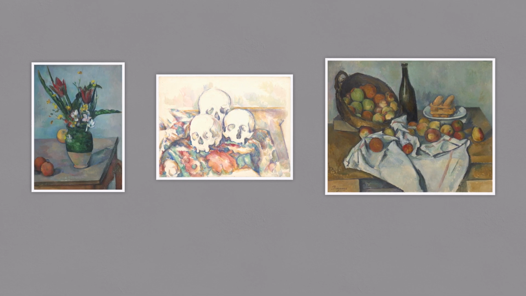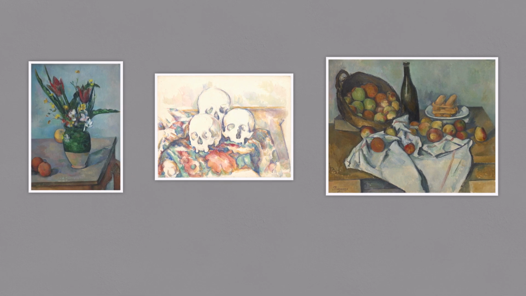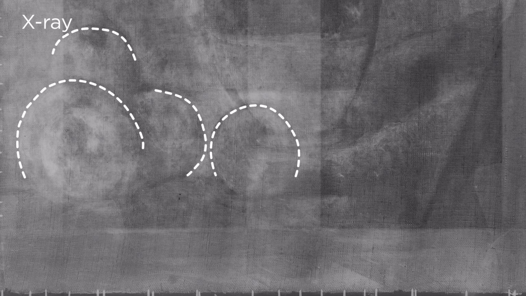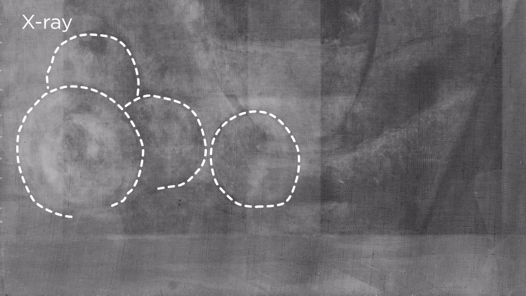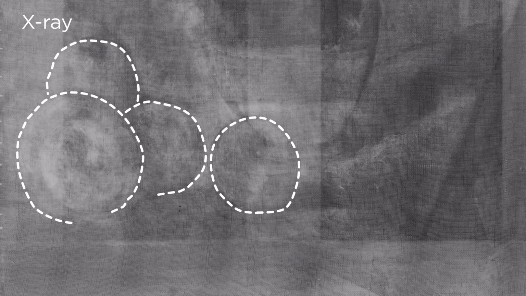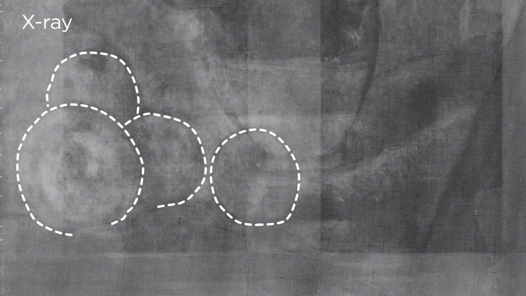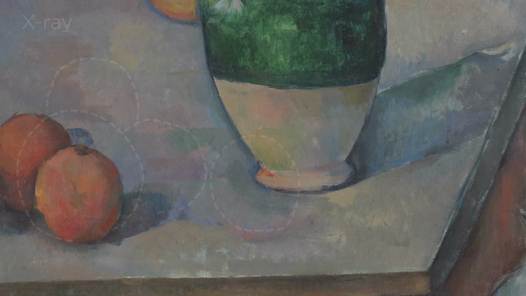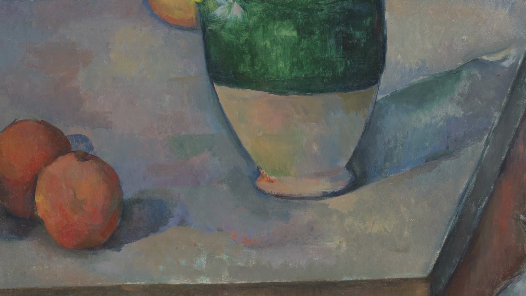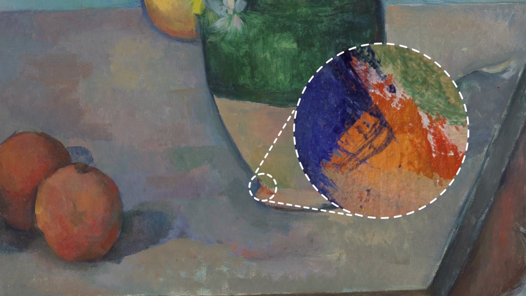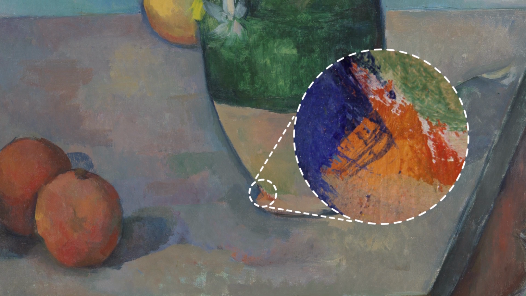Scientific imaging techniques take us below the surface of the painting to understand how Cézanne developed color, form, and space in his oil painting, The Vase of Tulips. In the X-ray, we see that he made a significant change to the composition. He first painted a different grouping to accompany the vase of flowers: 3 oranges and 1 larger fruit, which he ultimately painted over. But vestiges of the covered-over fruit remain in the final composition, like this orange, partially visible through Cézanne's open brushwork.